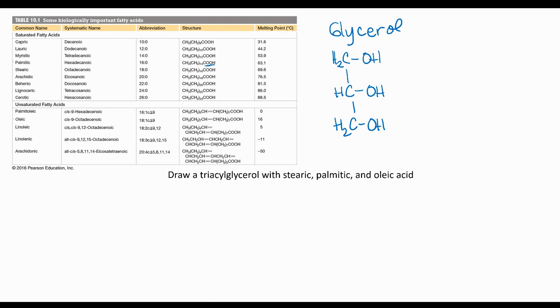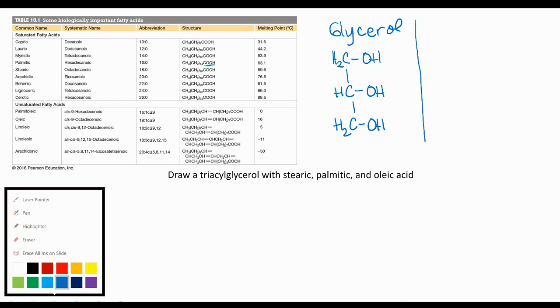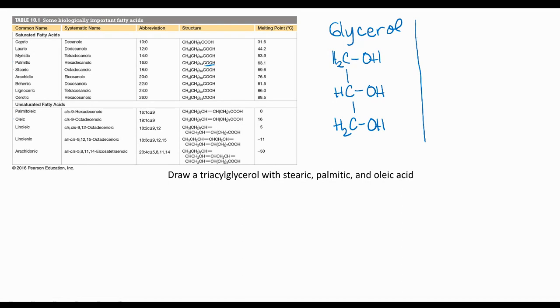There are a couple of things that I think are really important for students. One is to understand that when they combine, they're going to give off water. The other thing to understand is that we're going to have to do some flipping around of these structures in space. So I'm going to rewrite palmitic acid, for example, as